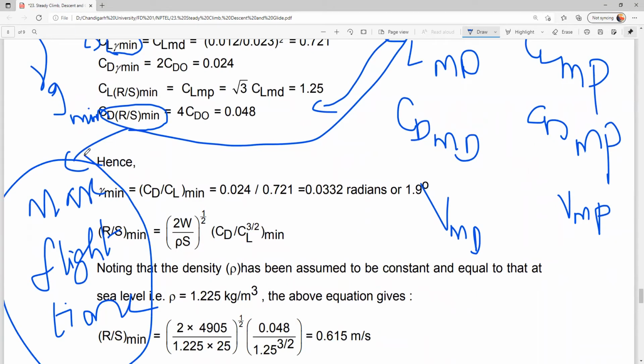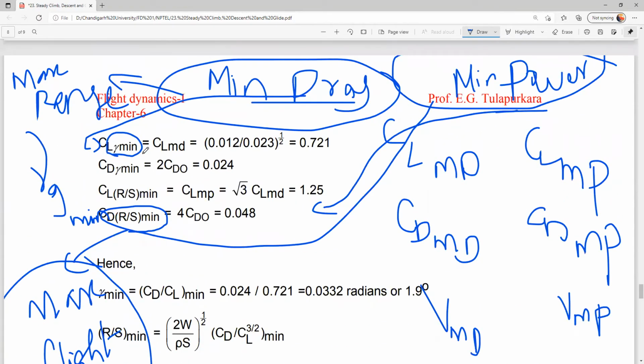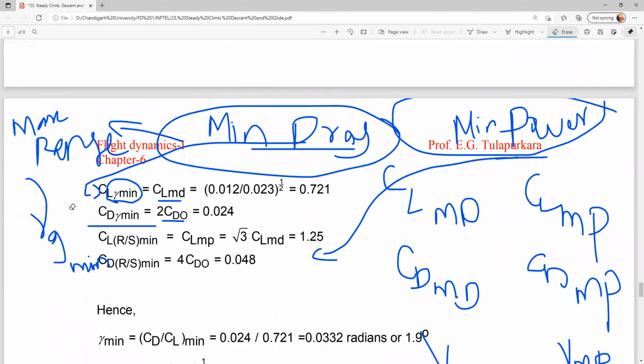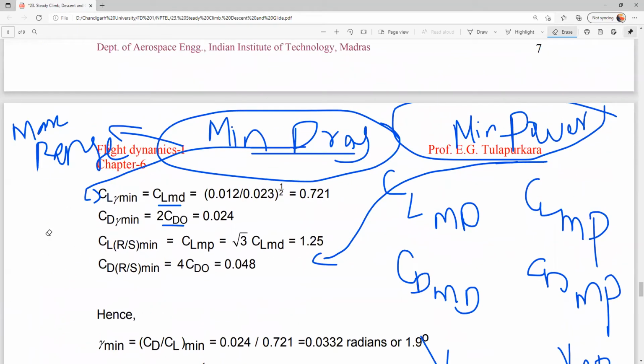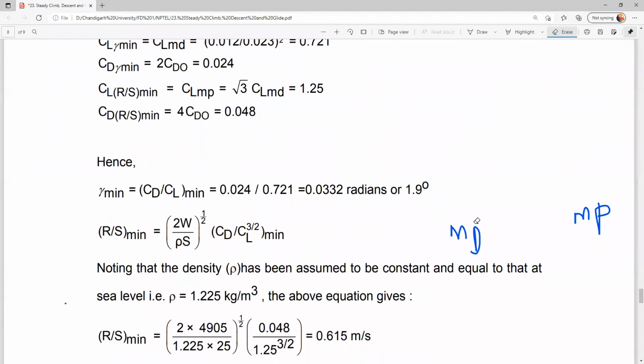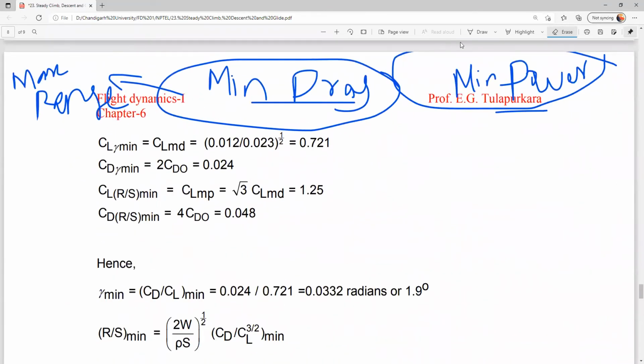That is endurance. Okay. So that's why here CL gamma minimum is represented with CL minimum drag, and CD gamma minimum is represented with 2 CD naught. I hope you remember the formula, right? So that's why I told you before that I have told, kindly note each and every factor. So if you have noted that, obviously you know how these equations came, right? And I'm sure that if you have not noted, you won't understand a single thing how it came, right?